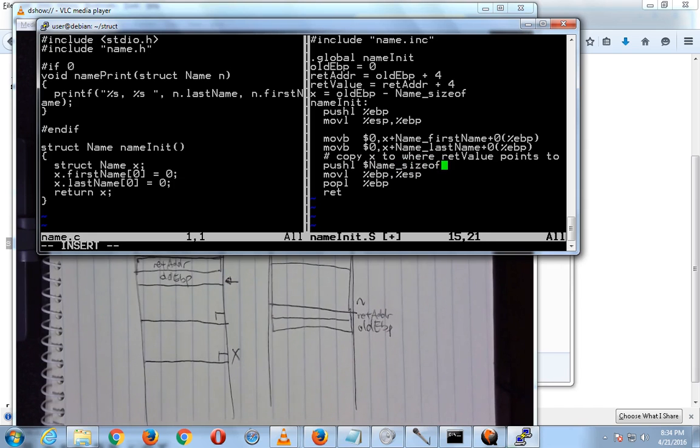Now we have to specify the source. Okay, where are we copying from? We're copying from X, but we cannot just say X(%EBP). That won't work, because this is specifying the content of the structure, not the address of the structure. So this is not going to work. Ideally speaking, we just want to say ampersand the whole thing, but that doesn't work in assembly language. So what we're going to do is we say push EBP first, okay, which is close to where we want, but not quite exactly. Then we say let's adjust it, let's tweak that, okay. So we'll tweak it by the displacement to X itself, which is label X,